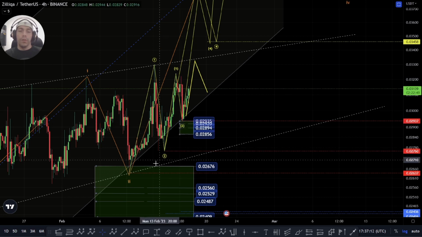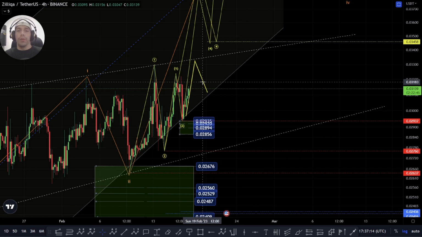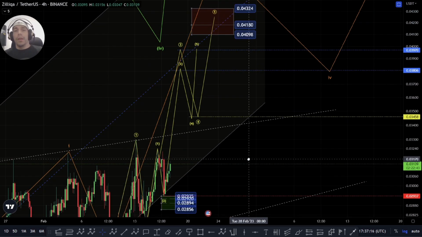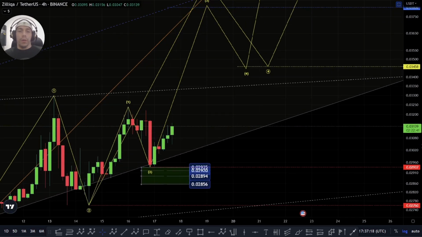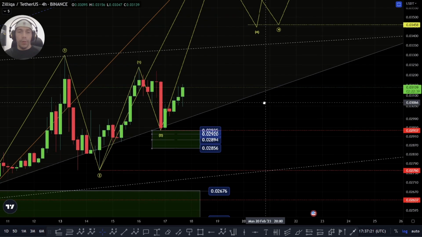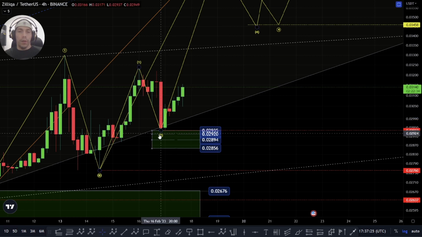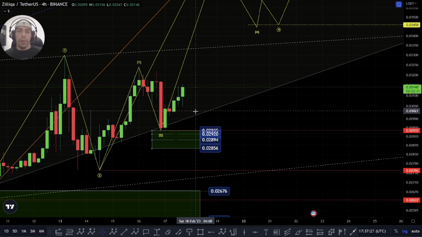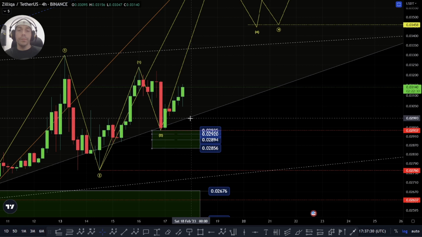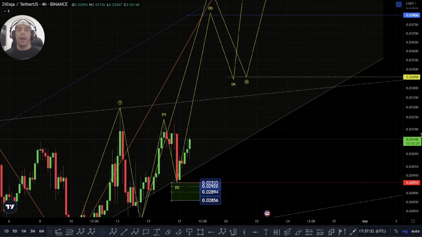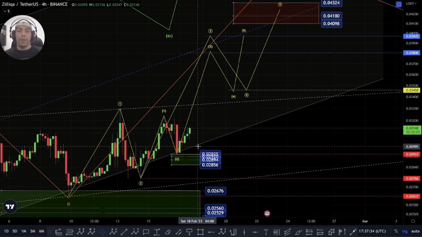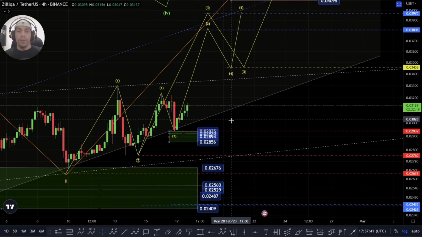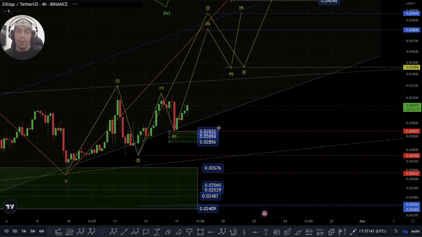If we start to lose these low points, this bullish potential actually goes right off the table. If we are looking at an additional 1, 2, there is potential that you could look for this position where you come back down into this channel again, and that could be a potentially good entry point. Obviously this is not financial advice, but that could be quite a good entry, because you'd be nice and close to the stop. Though we'd have to keep an eye on BTC and ETH and see what they're doing,